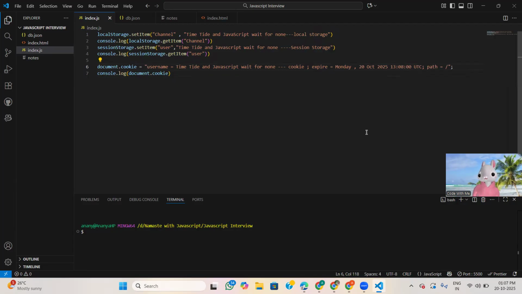I gave expires Monday, comma, 20th. Oh sorry, actually I am writing this inside my local browser, so that is the reason.